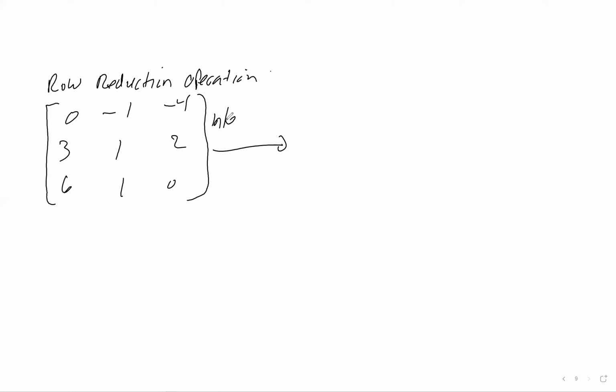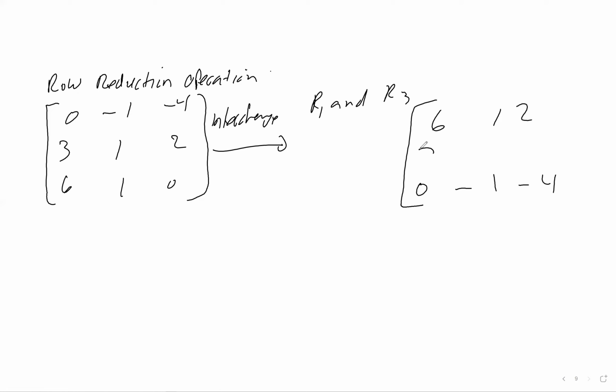So interchange row 1 and row 3. So just bring this one up and bring this one down. So to do this, then we have 6, 1, 2. Row 1 comes to row 3. That's 0, -1, -4. Row 2 stays the same. So we didn't do anything yet, we just interchanged row 1 and row 3. And then now, in order to calculate B1, what we're doing is that we divide row 1